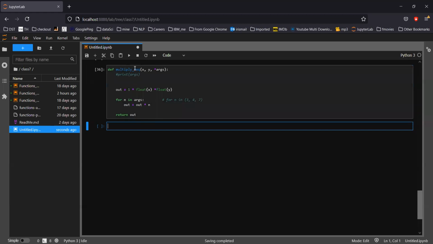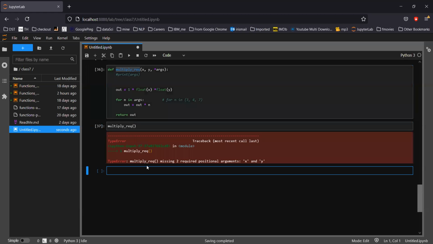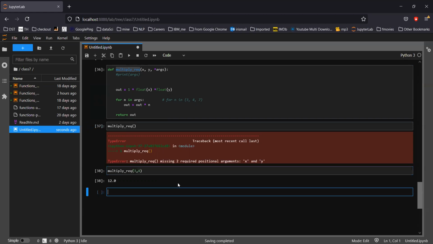This time, if I pass this, it will simply throw an error: missing two required positional arguments X and Y. It is expecting at least two. So if I pass 2, it will do the magic and give me the result.